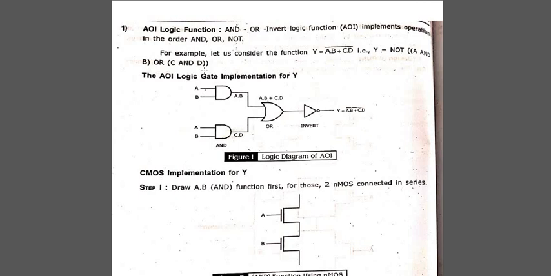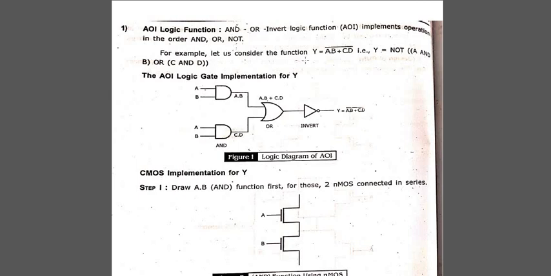As I have said, it will be the complement of the sum of products, correct? You are doing the sum of these products. Which are the products? A and B, and C and D. First you are doing A into B, the AND gate.